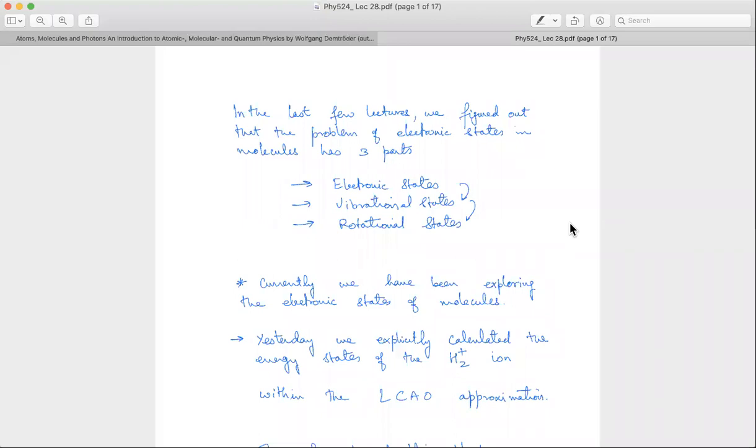Then for the internuclear separation, there's a separate differential equation. That involves the vibrational states, and the angular part of that problem involves the rotational states, basically. Okay. So the electronic states already have some information about the nuclear part, 1 by R, in the Hamiltonian, and whatever the eigenenergies of the electronic state are, that feeds into the vibrational states by means of the effective potential, etc. Okay, and whatever I get as vibrational states will feed into the rotational problem also.